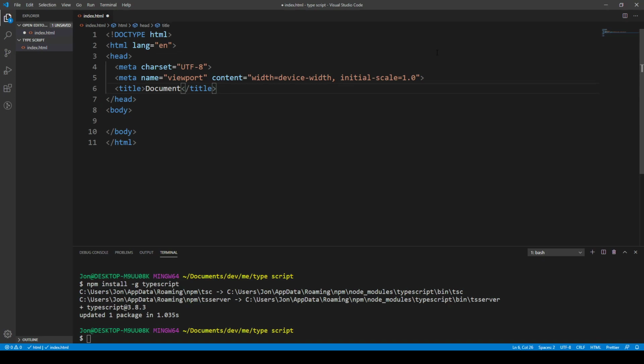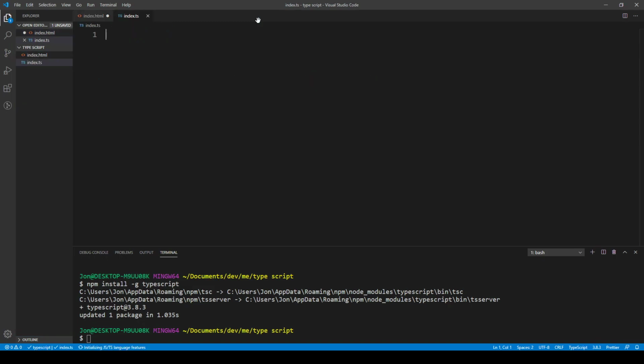And right under the title in the head, we can attach a script. Actually, let's just make the script first to see how the compiler works. So we'll go ahead and say new file, and I'll just call this index.ts. And now that we have the TypeScript compiler, we can compile our code into JavaScript. So just to see an example of this, let's just do